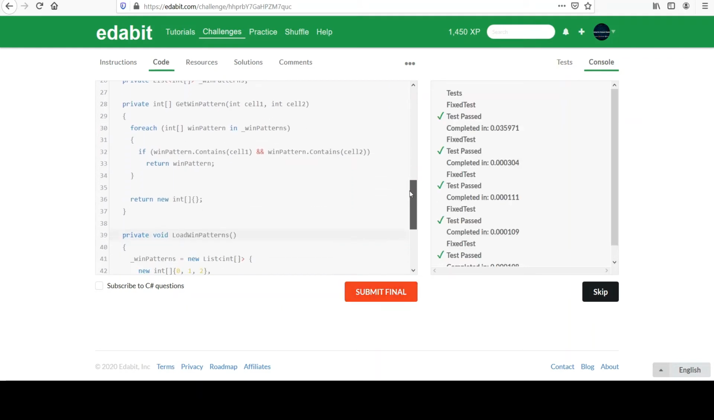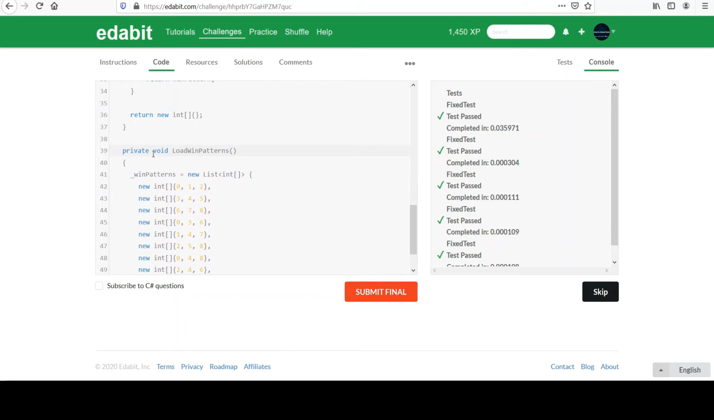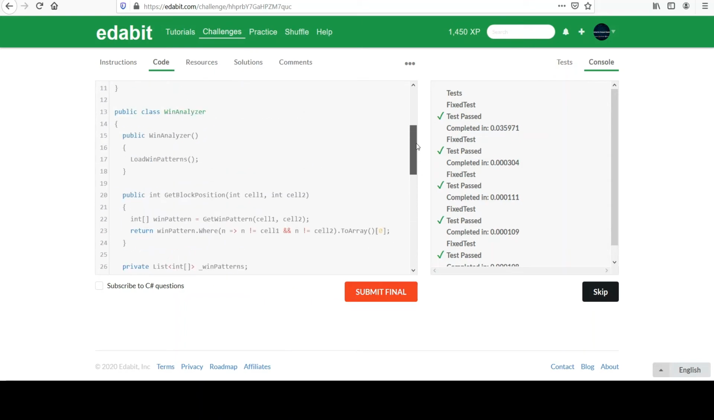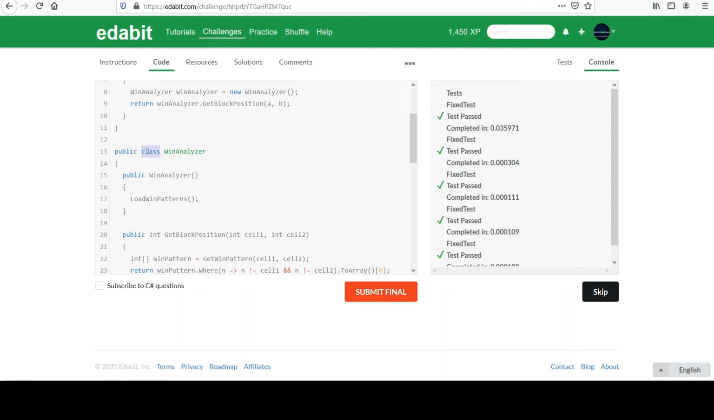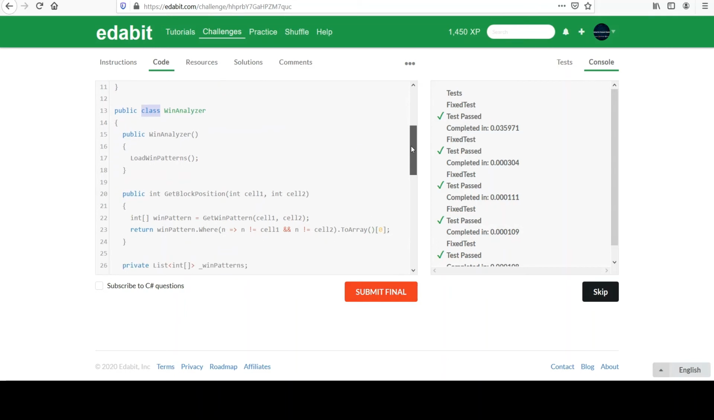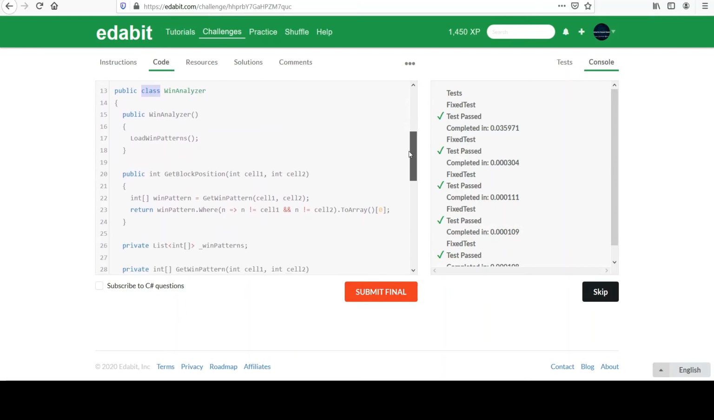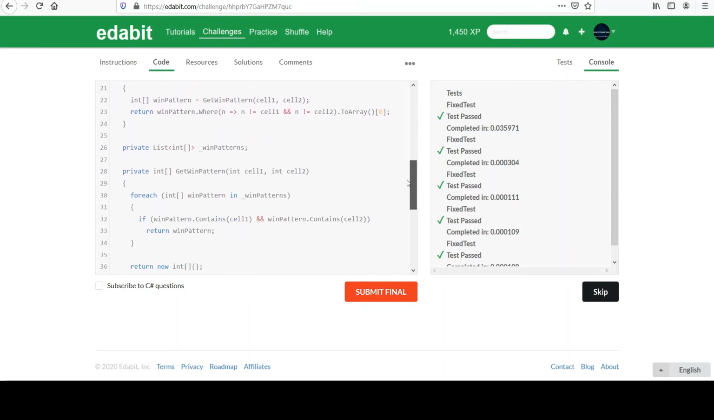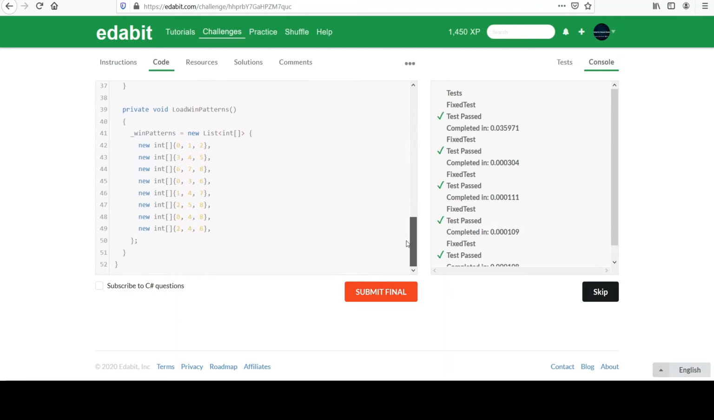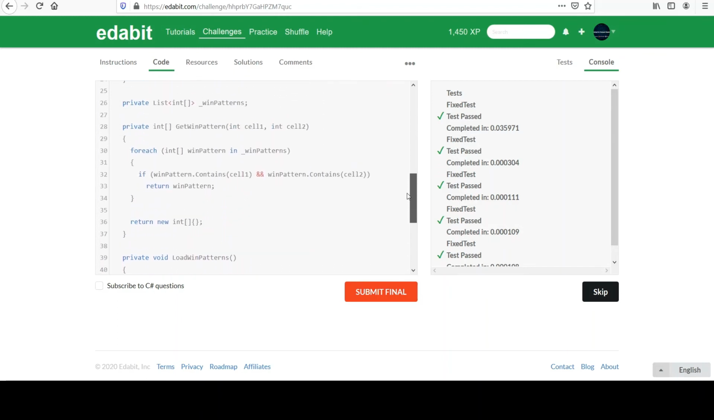Yeah, so I had this static method here, load win patterns. I decided not to make this a static class, right? We wanted to do this with objects, so yeah, we get rid of the static, make everything object based. So yeah, I already kind of gave the overview of how this works. I think it should be clear now,